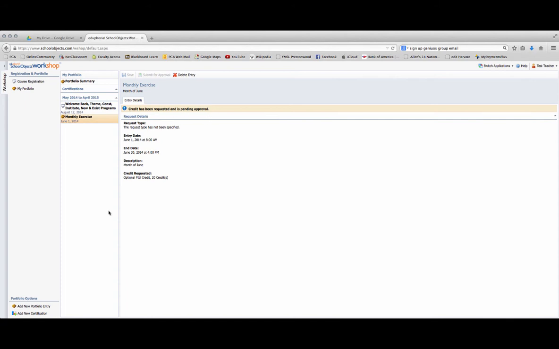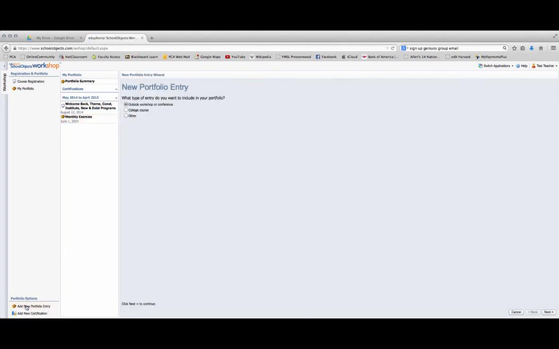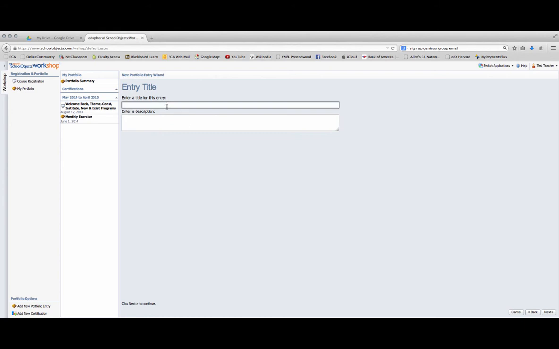Now let me show you how to request optional credit for something different, like a book review. I'm going to click on Other, Next, and then I'm going to put the title of the book right here and the word review. And then I may put a little bit here, some kind of documentation on the book. Next,